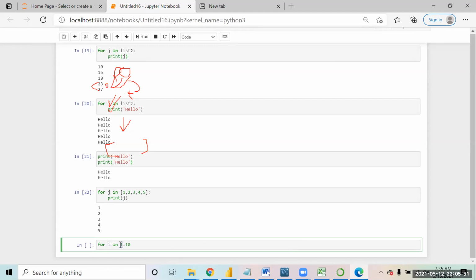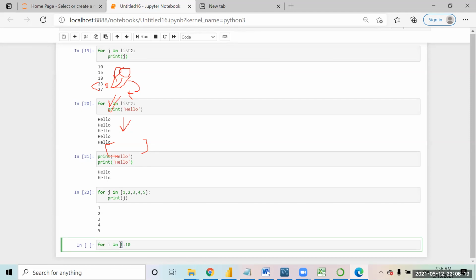See, the whole idea of a loop is when you have to do the same type of task multiple times, instead of writing that thing again and again, you define how many times you want to do it. That is where we use the concept of loops. For example, if you have to print the table of 5, 5 multiplied by 1, 5 multiplied by 2, instead of writing 5 into 1, 5 into 2, 5 into 3 again and again, we can put that into a loop.